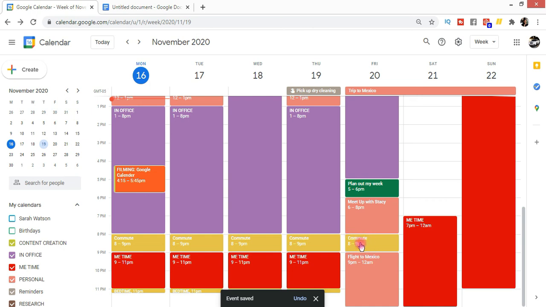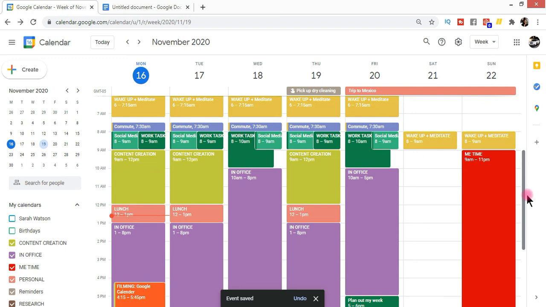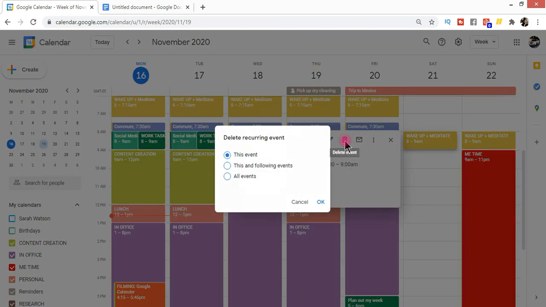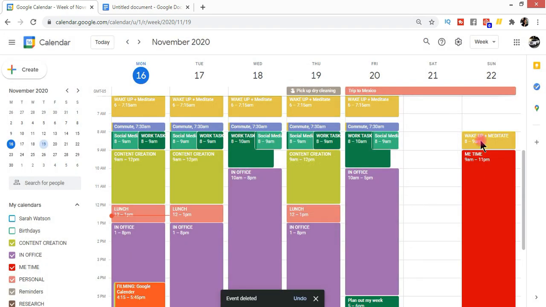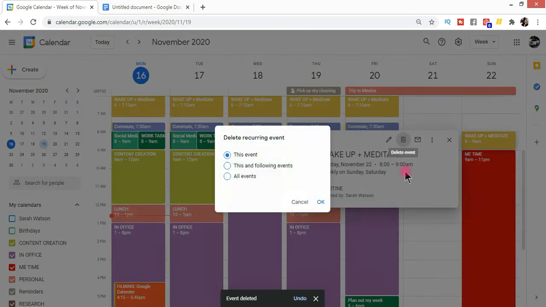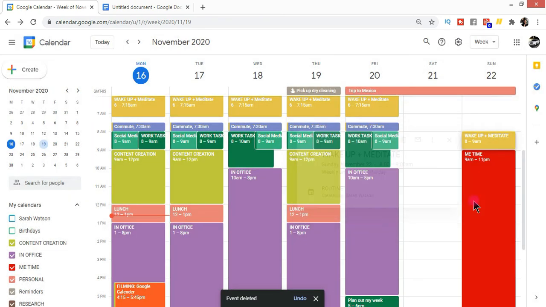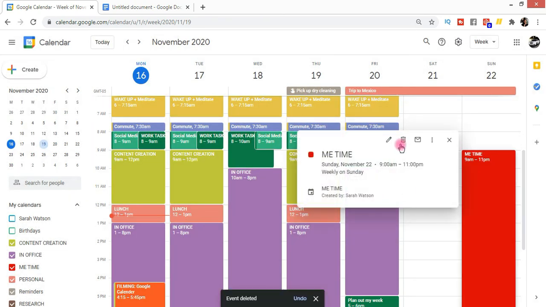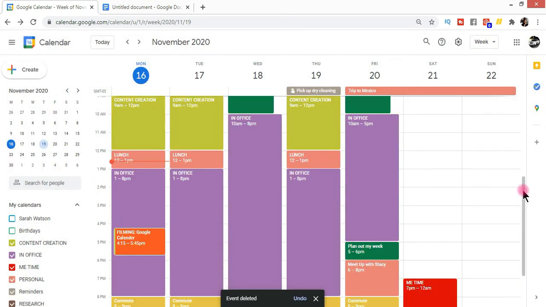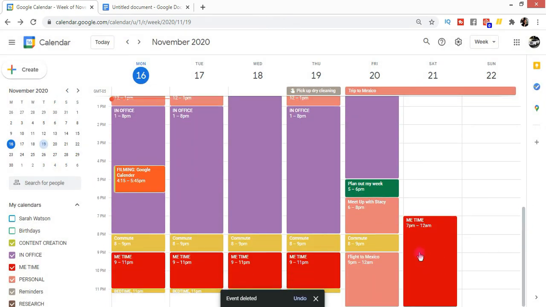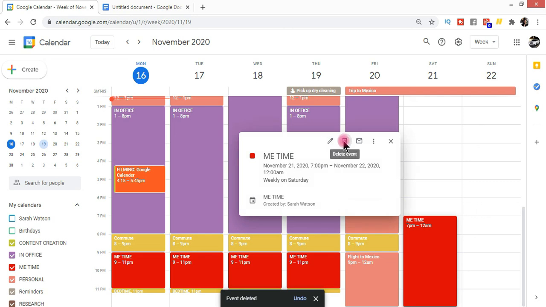This commute can stay the same because maybe this is commuting to the airport, right? And you can get rid of all of these if you want to. You don't have to do this. If you know you're not planning on sticking to your sleep-wake schedule, then you could just delete it, or you could leave it. But just so that you're not cluttering your calendar too much,